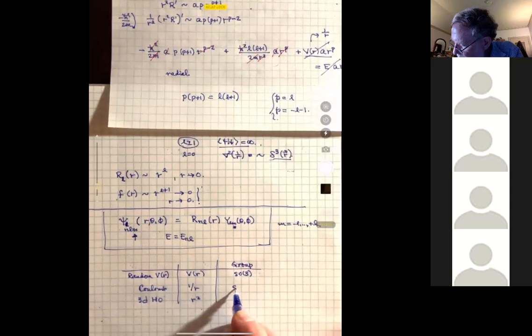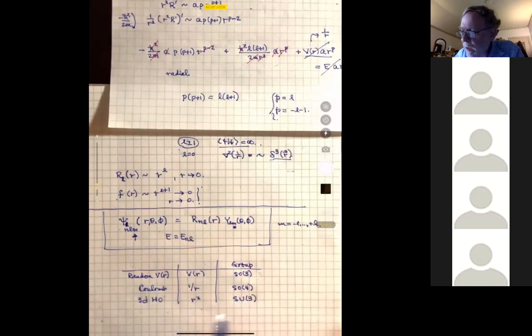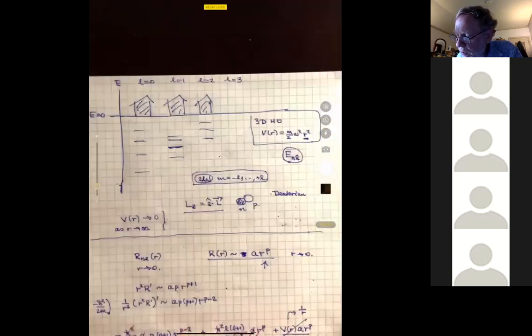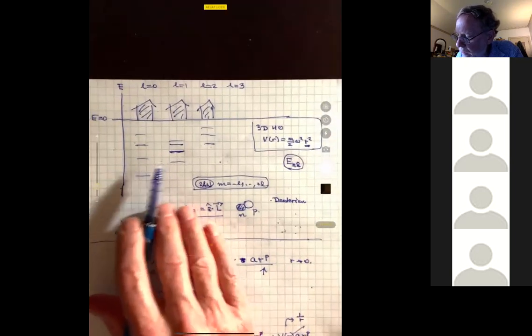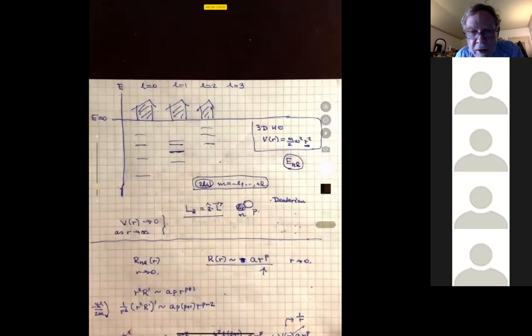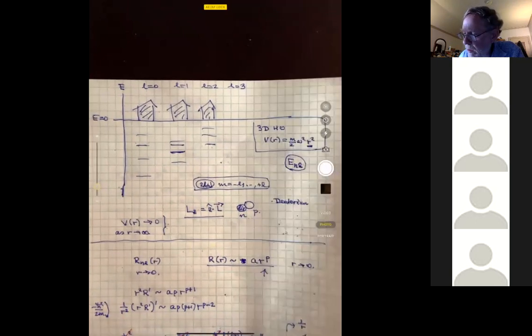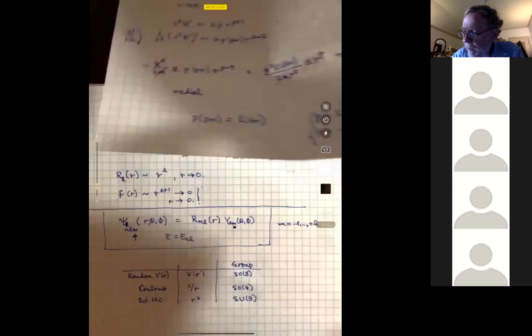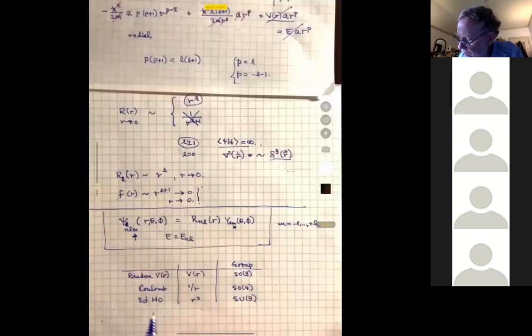Turns out for the Coulomb potential, it's SO4. There's a larger symmetry group. And for the 3D oscillator, it's SU3. It's a larger symmetry group. And so in those two special cases, the systematic degeneracies amongst the different L values is due to the fact that the problem has extra symmetry that goes beyond rotational invariance. I'm not going to belabor this very much in this course, but I'm pointing it out because it is an important fact for this course that